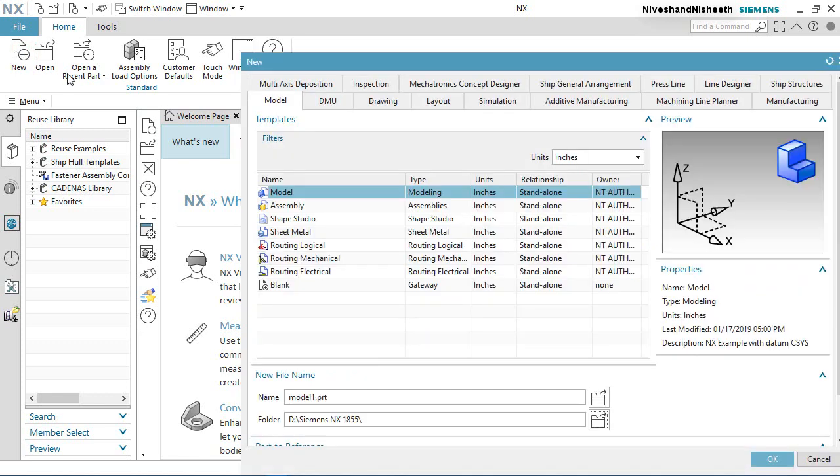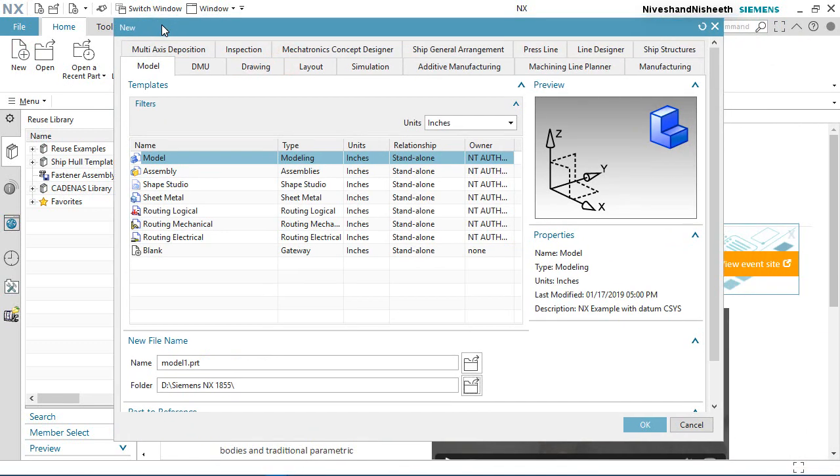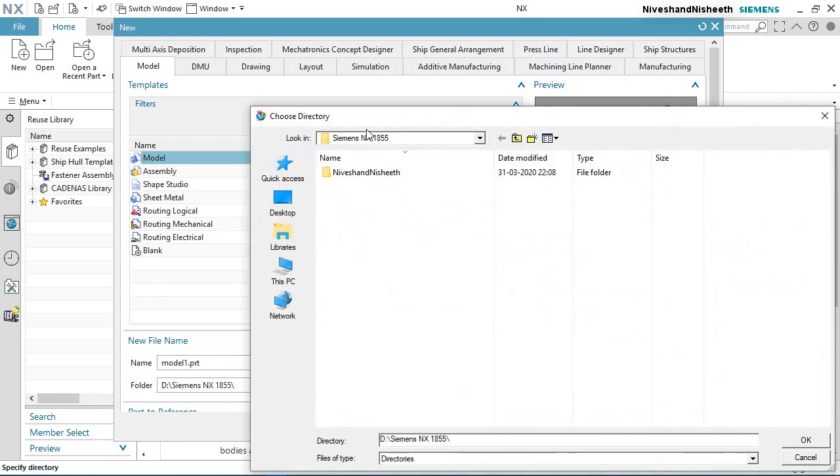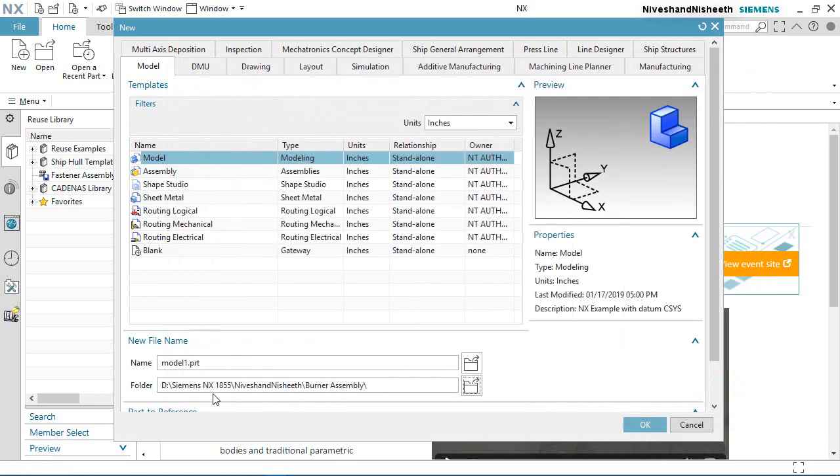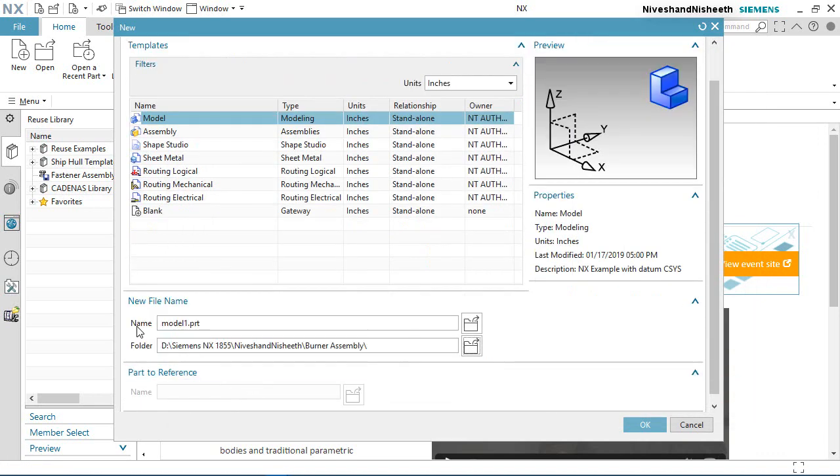First of all, click New and select inch part file and save the model 1 part file in burner assembly folder. Click OK.